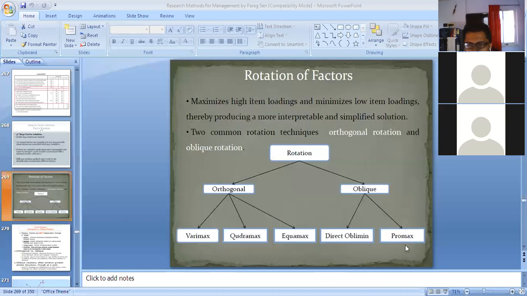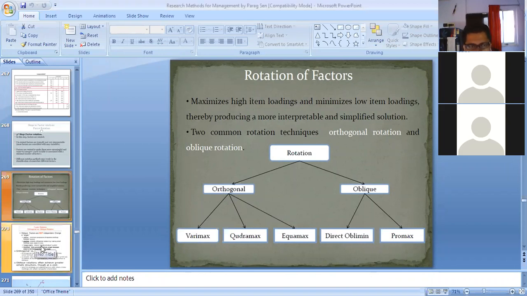You just need to find out which particular method is giving you the better or the best factor matrix loading. Okay, so that you need to check out. But usually the Varimax method provides the best result. So you can use the orthogonal Varimax method for the rotation purpose.